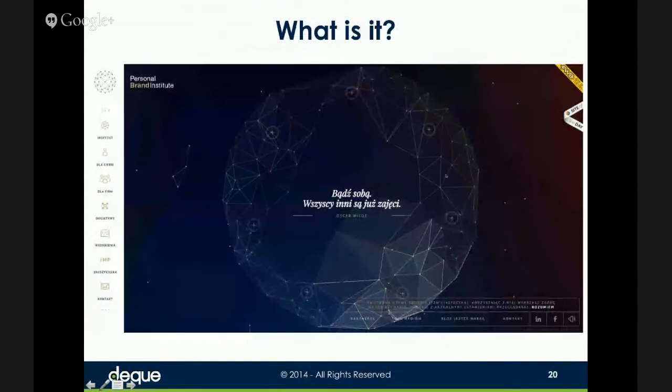Then another one of the examples we looked at was that Stellar Personal Brand Institute site. As I interacted with these little plus signs, content was popping up. So what are those semantically? My answer to that, and once again, this is based on my deduction, is that these are really links that are linking me off to different parts of the site. They're showing different pieces of content on the site. This one I'm not quite as married to, because you could also say that these are buttons, and what they're doing is popping up